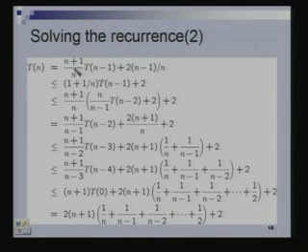Now, I have just replaced this by this, which is the same, but 2 times n minus 1 over n is less than 2, because n minus 1 is less than n. That is why the less than or equal to; actually it should be strictly less, yes, because n minus 1 over n is strictly less than 1, right. So, I just simplified this a bit, and now I am going to do the following. I am going to replace T of n minus 1 by using this recurrence relation, this expression.